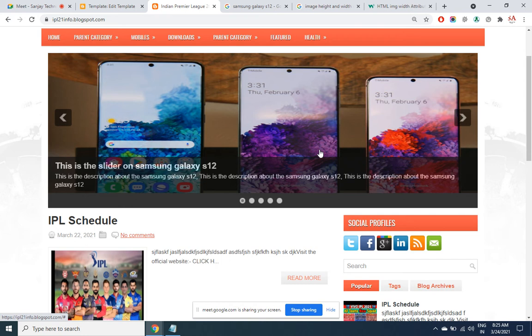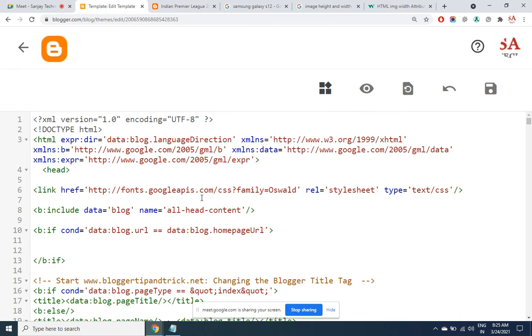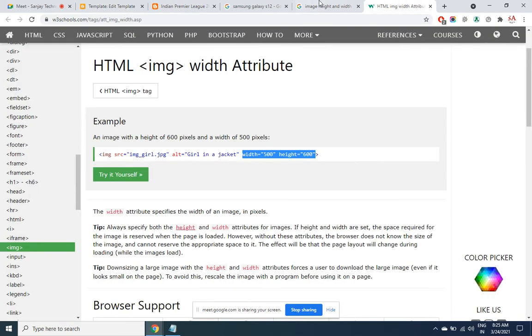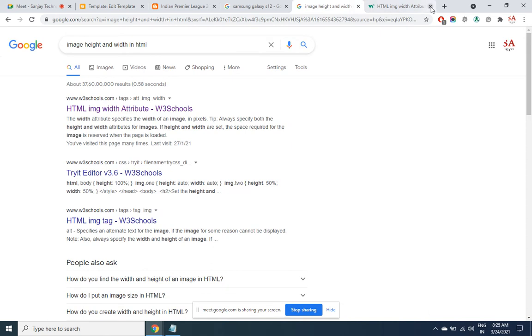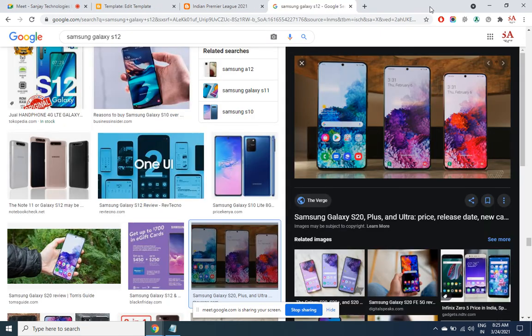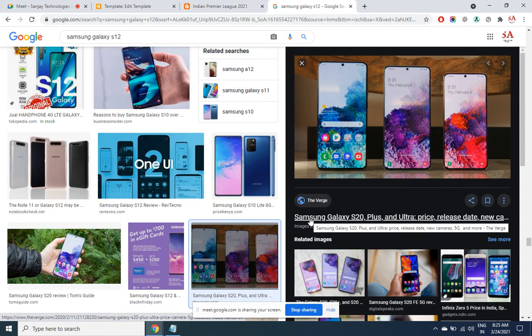But a very important point here: what we have done is we have copy pasted some JPEG URL which is there in a website. So somewhere a Samsung Galaxy S12 image is there, and we are always dependent upon this site to get the image in our slider. If the site removes this image, then the image will be gone automatically from our own slider. So we can't be dependent upon it.